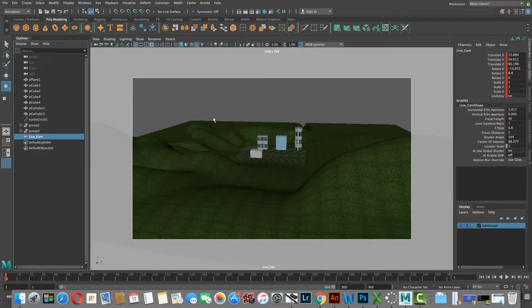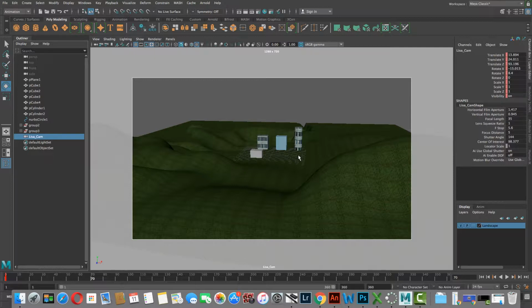So now I've told it this is where my project is going to start. Now I want to decide what movement do I want to do next. So maybe I want to zoom in on my city. I need to give it time on the time slider to do that. So roughly, how long do I want that zoom to happen? Well, maybe it's 3 seconds. Maya is 24 frames per second, so 24 times 3 is like 72. So if I come in around that 70 mark somewhere and click, so I've selected a new frame, then I'm